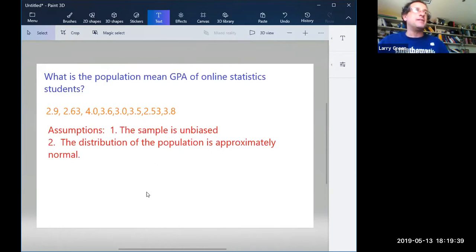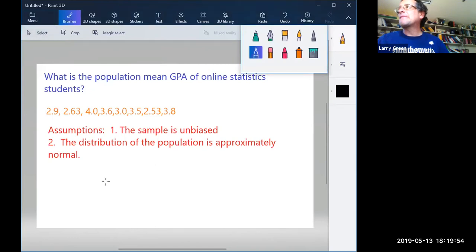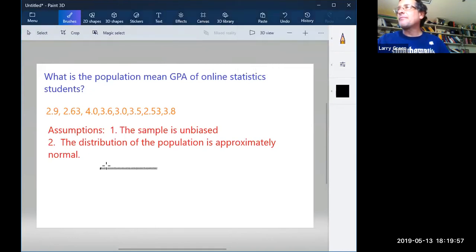Any questions on that? Okay, but now that we have the assumption, I want to draw something, and hopefully you know what I'm about to draw because it's always the same thing. I'll make it black. So with those assumptions, the sampling distribution is approximately normal. Any questions on that? Now, the average of these numbers, I don't know exactly what it is now. I could put it in a calculator, but I'll do that later. It is somewhere else.